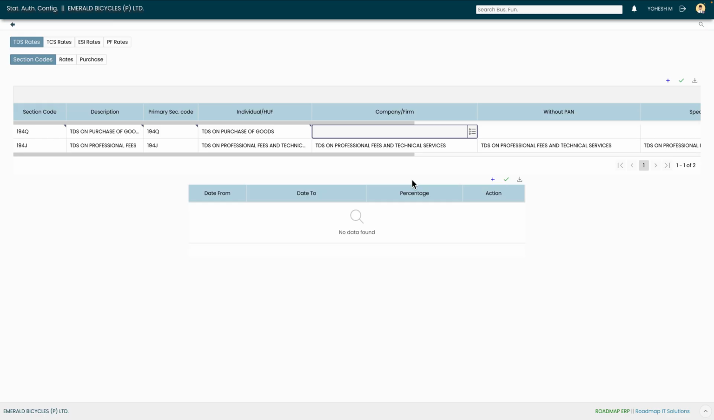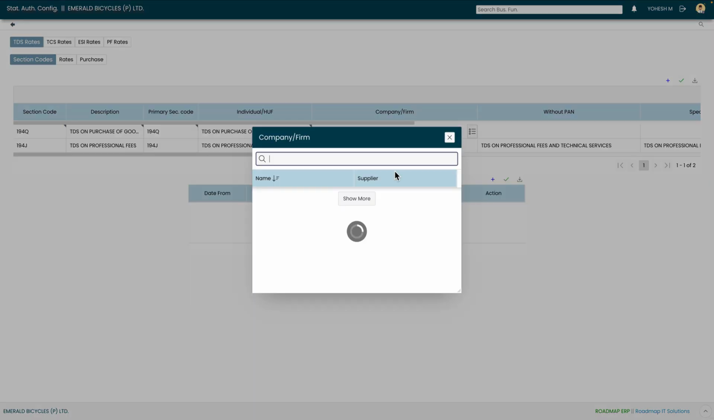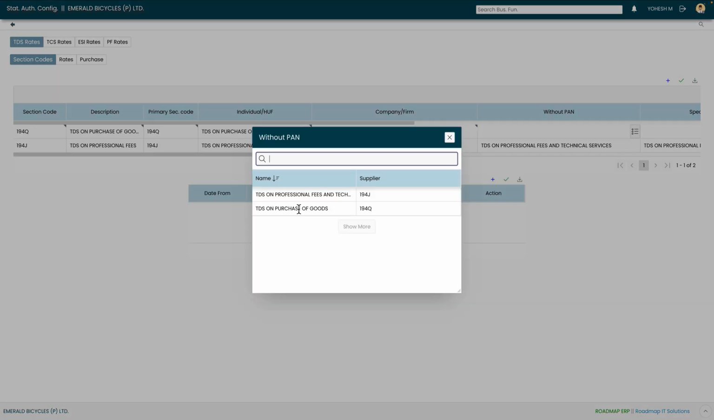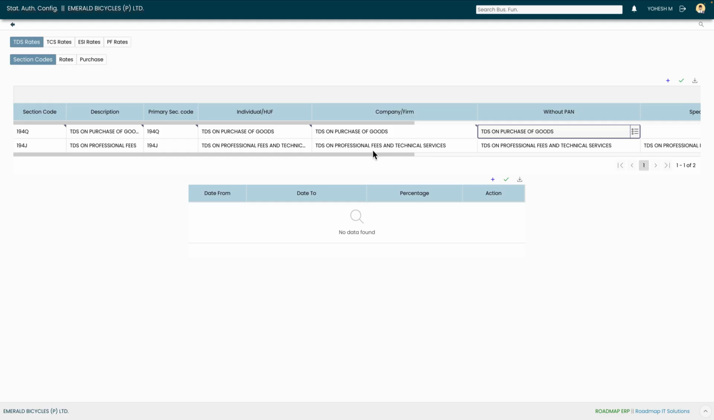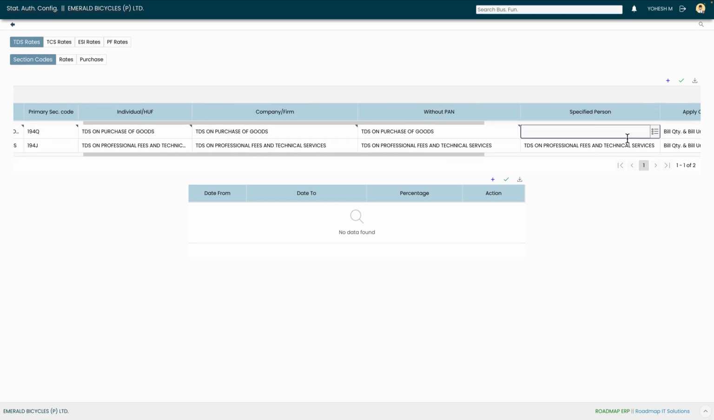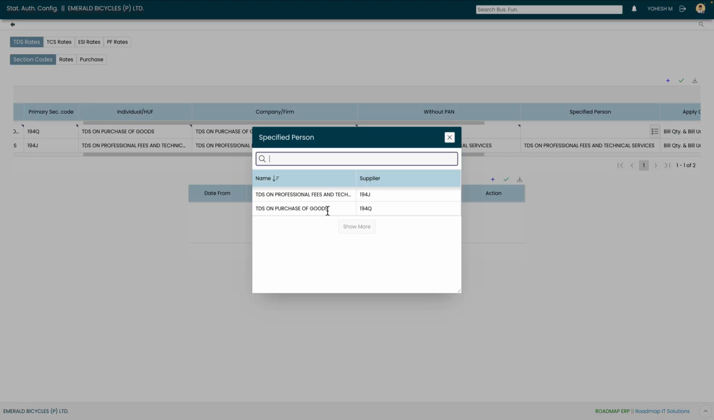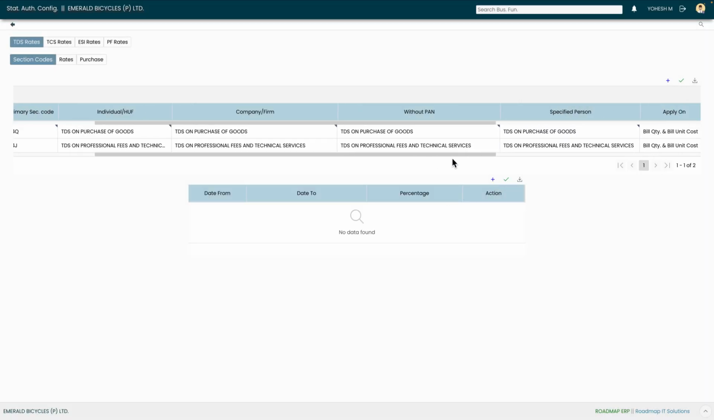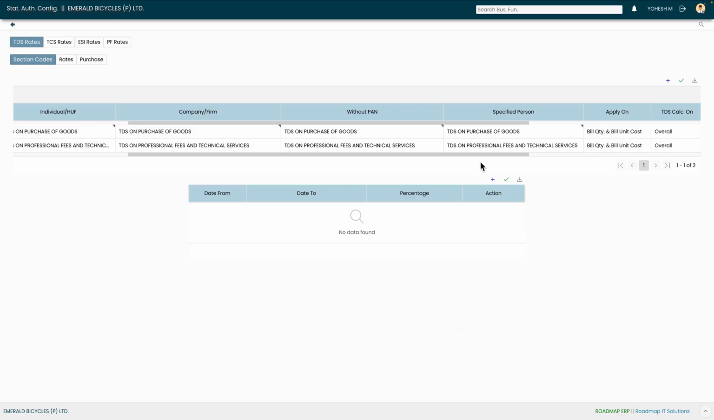Now, enter the TDS accounts for different categories. Select Individual, HUF, and Company, Firm. Select Without PAN. Choose the specified person. Click the Save button. In the Apply On field, select how the TDS should be calculated. The available options are